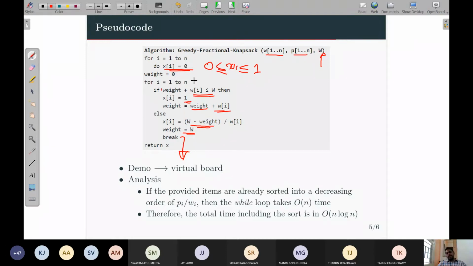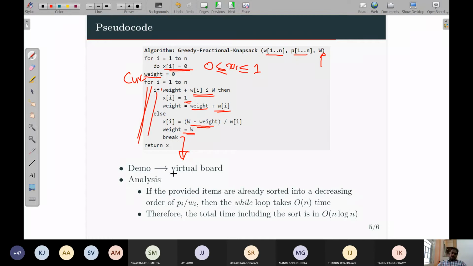You can use several ways. You can write a while loop, for loop, or whatever. This is just one way of doing this. Here weight is the currently included weight. You can write this as current weight. If the current weight is equal to the total capacity, you break out of the loop. That's done. So that is how it works. In this looping part, you can apply your own logic and make it interesting.